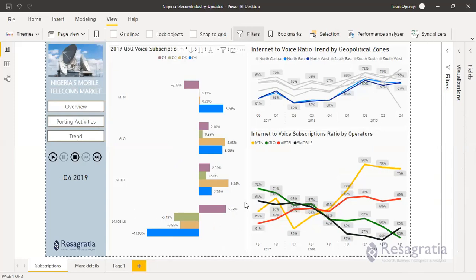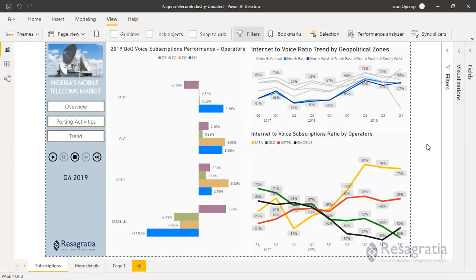Okay, so this is showing the trend. Now we are seeing the voice subscription performance by network provider. That's 2019, and first quarter MTN was not doing well. Glo first quarter, they did well.